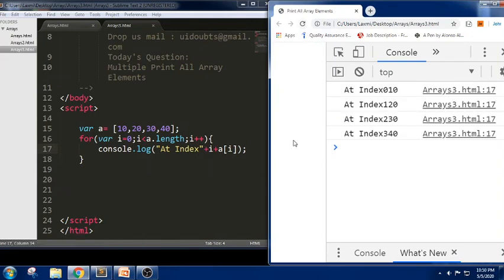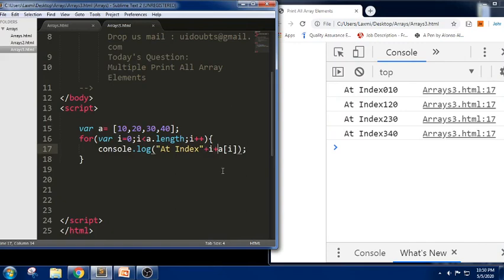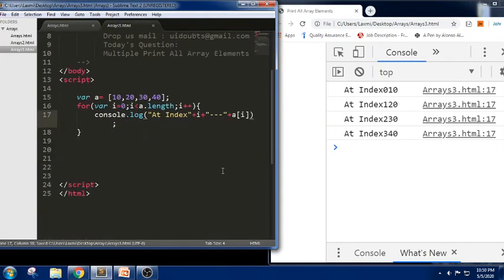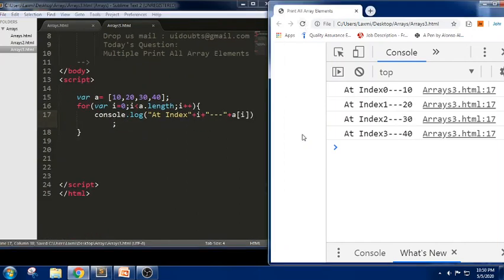At index 0 it is 10, at index 1 it is 20, at index 2 it is 30, and at index 3 it is 40. So we are trying to iterate over the list of array elements here.